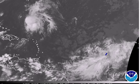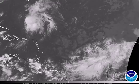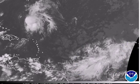But look at this turning right in here. Some of the models, the GFS and the NAVGEM model, do indicate that this could become a tropical storm and move to the northwest and probably pull out. I haven't seen a big, bad African wave like that in a few years, but this is definitely one that will have problems with dry air. You can definitely see the moisture envelope with it is very, very large. And as Colin continues to the northwest and this system continues to try and develop, taking a look off Africa now,